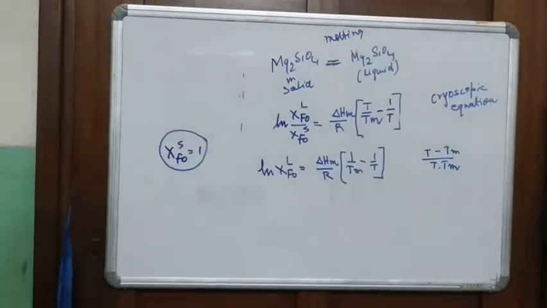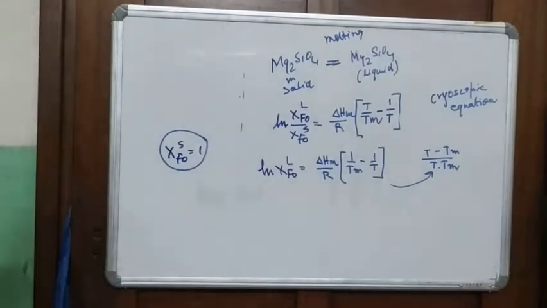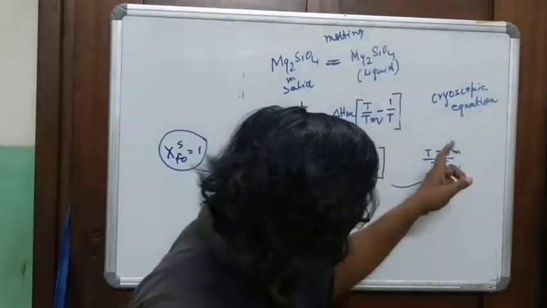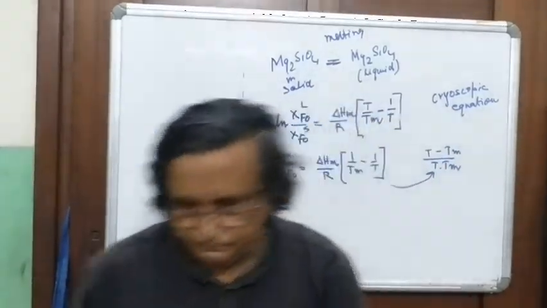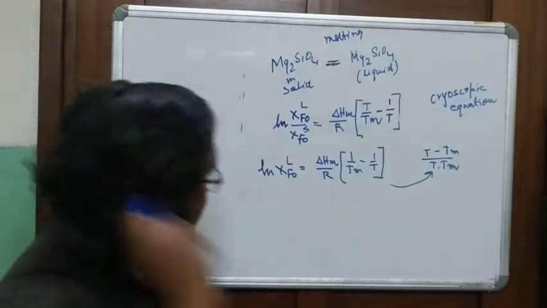Always remember this. The one in the bracket, third bracket, can also be written like this. Now you say, if T is equal to Tm,